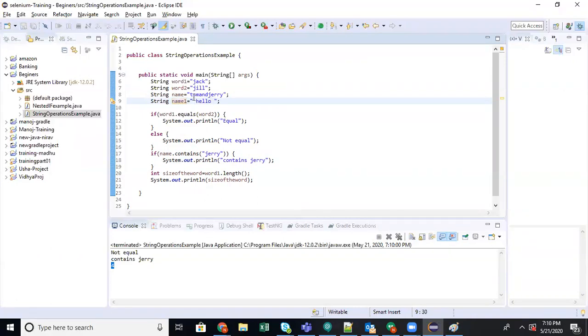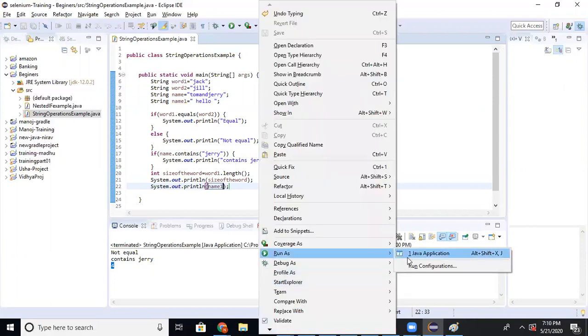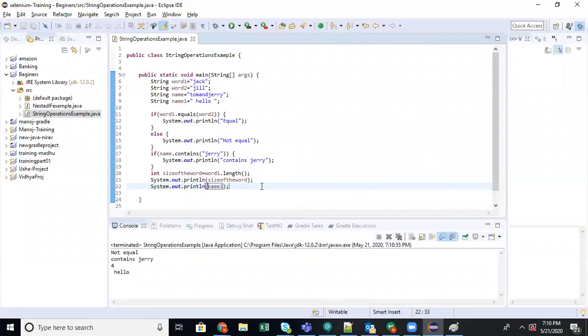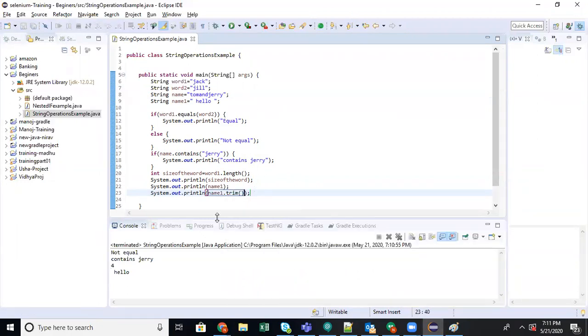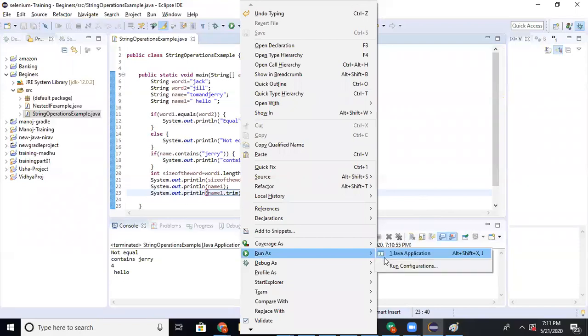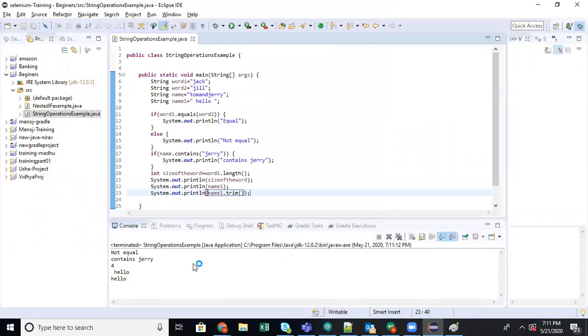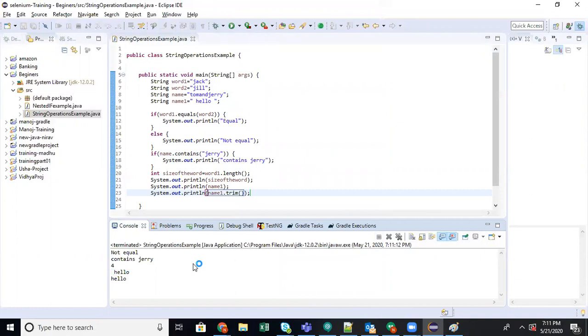This string has a space in front and at the back. If you print the string name one, it will print along with the space. If you want to remove this space, you can use name one dot trim. If you use trim, it will remove the space in front as well as at the back. See the difference? Can you see the space is removed?